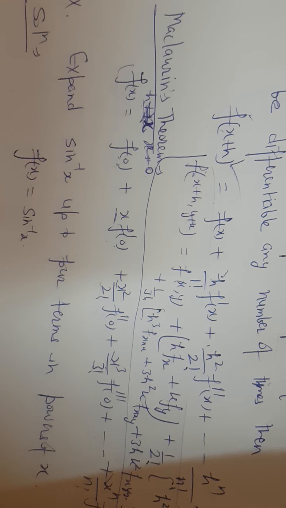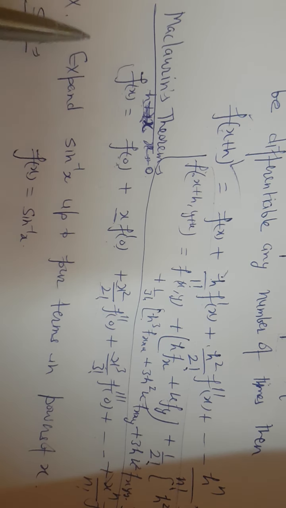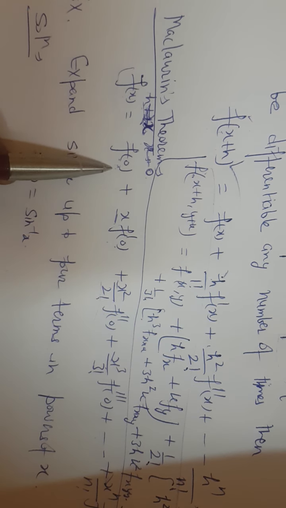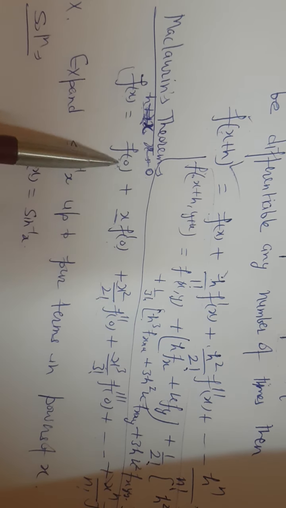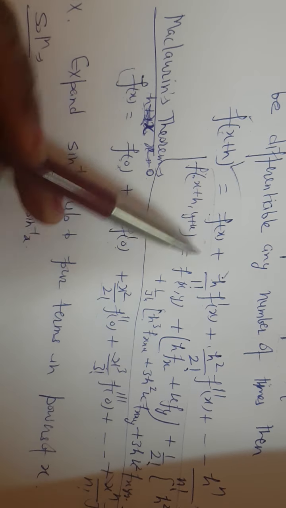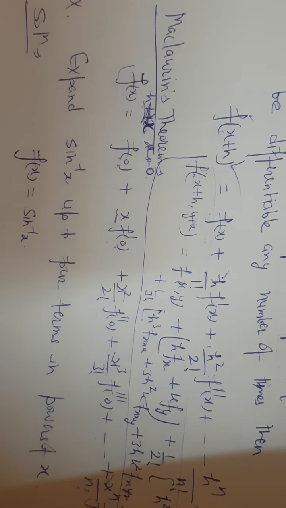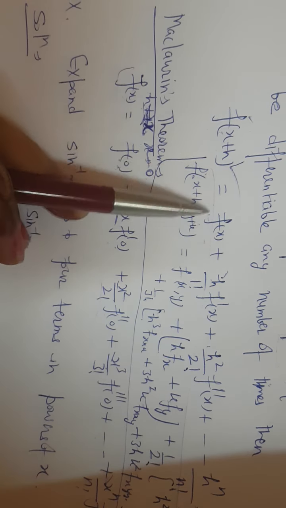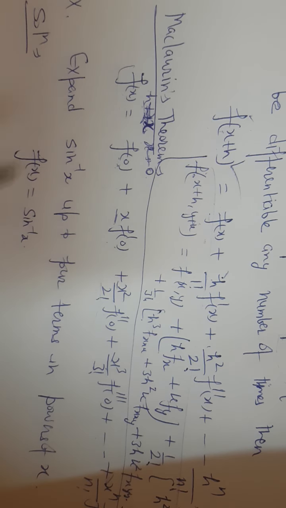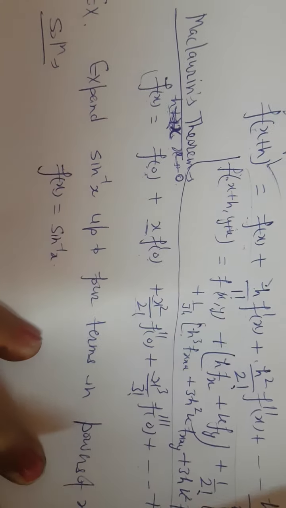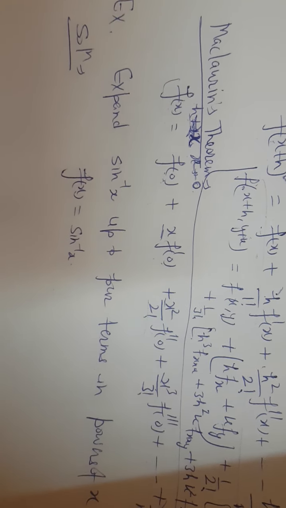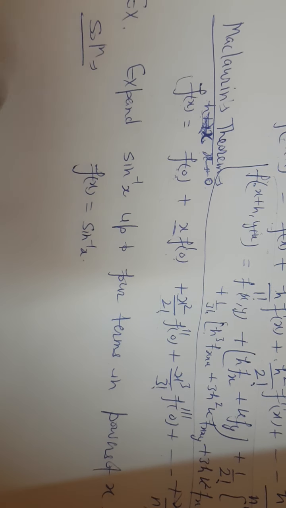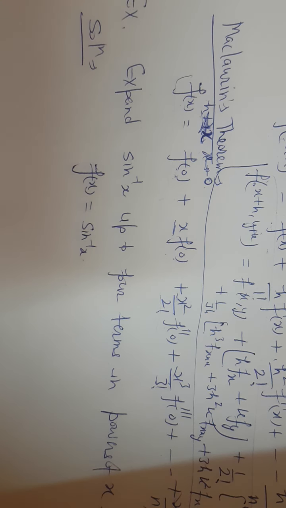And finally, in most questions we use the Maclaurin theorem, because for the function f(x), if I put the value of the variable x, then I get the value, and the series comes in terms of some numeric values. In this way we have to solve the question. So let's take one example to understand the Taylor series and the Maclaurin series.